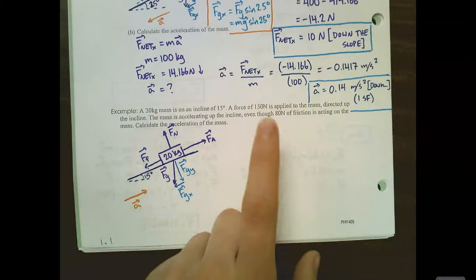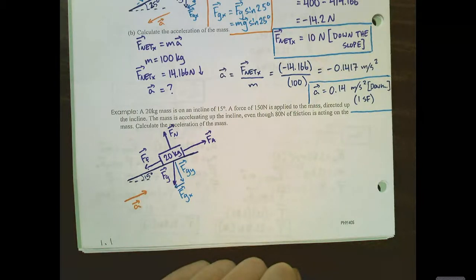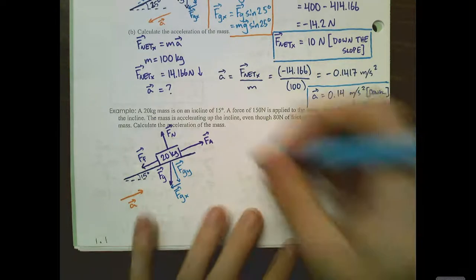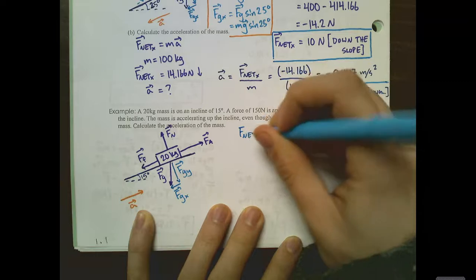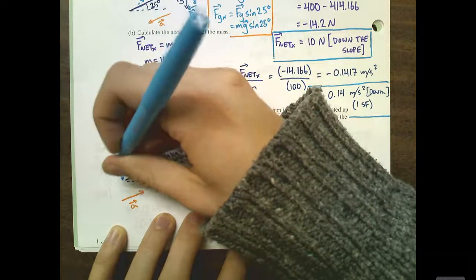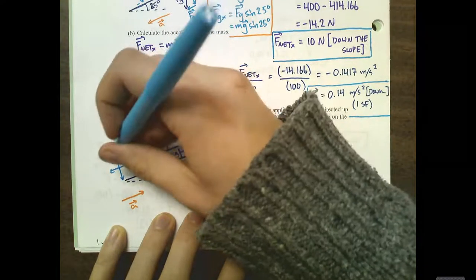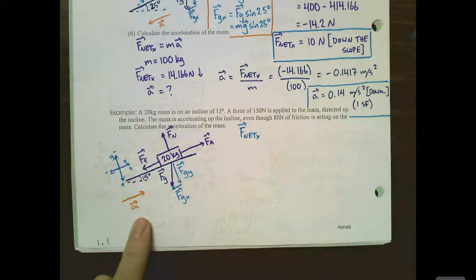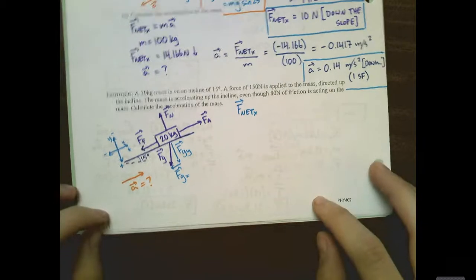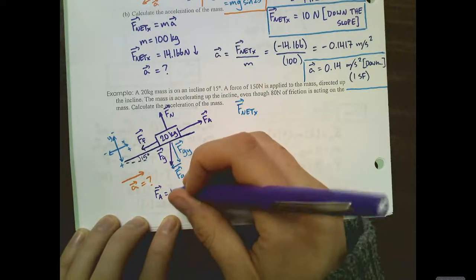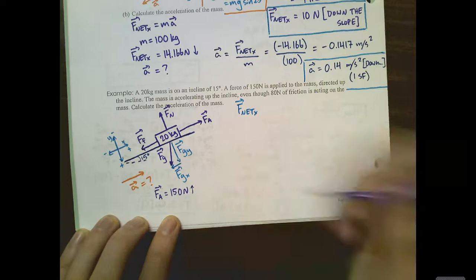So our next step will be to write out our F net x equals ma. So we'll set up our formula here. We know that we're going to be using F net in that x direction. Let's not get moving too quickly here. We've got x and y, and we'll make these positives and these the negatives. And we know that we're trying to find what acceleration is equal to. So let's take a second here to just write down what all of our stuff is equal to. Fa is equal to 150 newtons